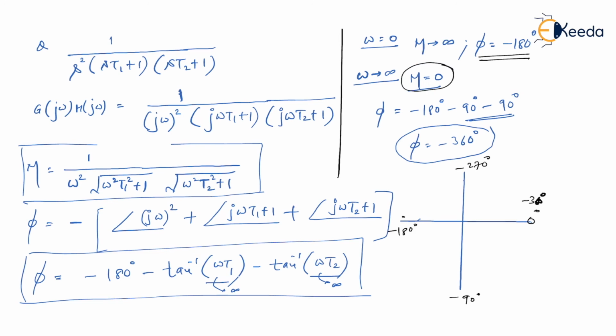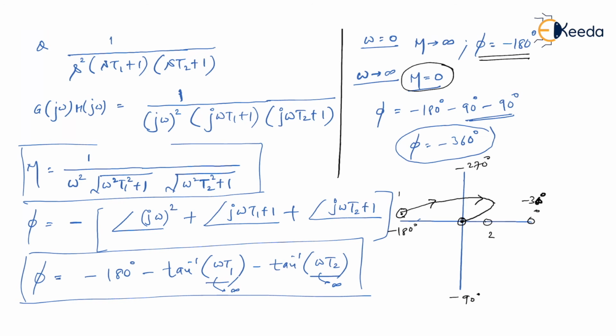Minus 360 degree. And what is the magnitude? It is 0. So I told you, whenever you have 2 points, this is the first point, this is the second point. For the second point, you can take some offset on the same angle. Same angle means minus 360 degree. So somewhere over here. So aim as if this is the first point and this is the second point and try to join them in clockwise direction. So in a way I can go clockwise, but you don't have to go to the second reference. You have to go to the last point.